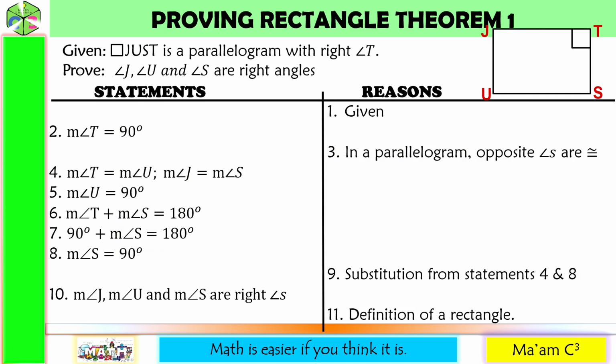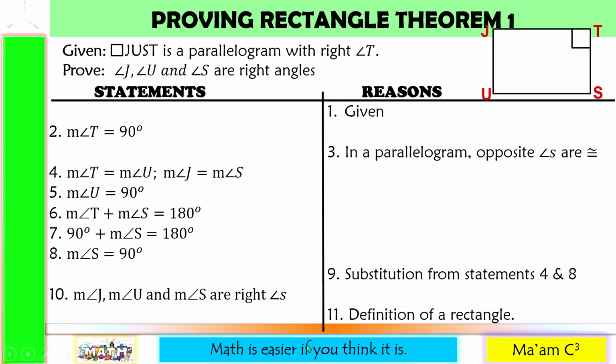Okay, in proving, we are usually given a two-column proof. The left side are the statements and the right side are the reasons. It is usually like this in class. So there are missing statements and missing reasons that we have to fill in. But sometimes there are no statements and reasons at all. We have to supply everything. I have an example for that in our succeeding example. Okay, so let us start.